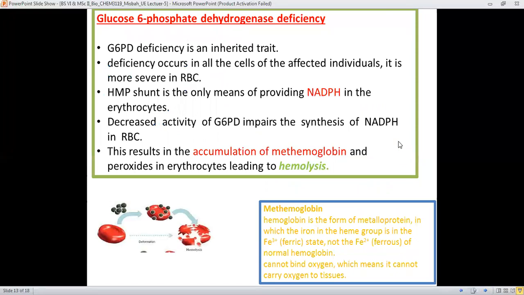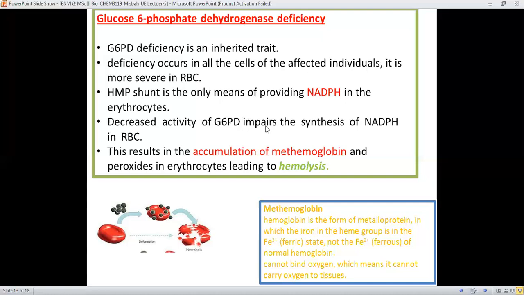If there is deficiency of the glucose 6-phosphate dehydrogenase, which is involved in the very first reaction, then it is in fact an inherited trait. It occurs mainly in the red blood cells. For a person affected by this type of deficiency, the HMP shunt is the only means of providing NADPH. The decreased activity of this enzyme,